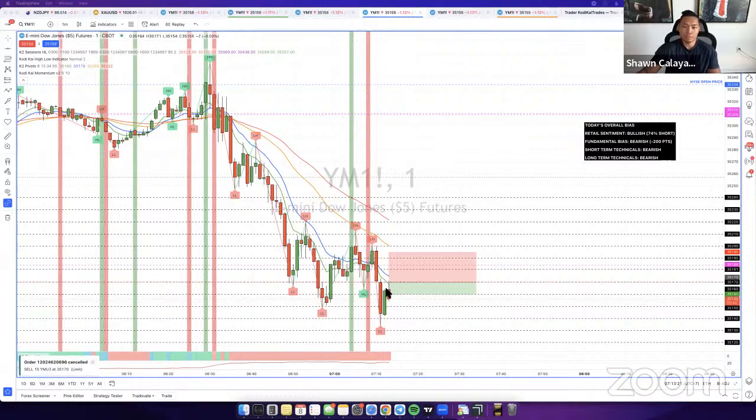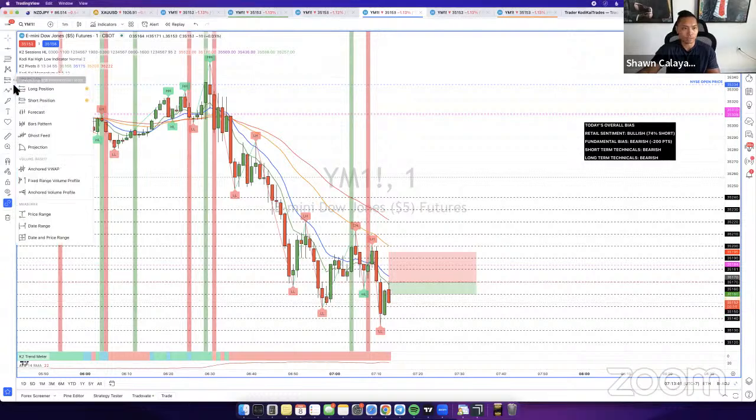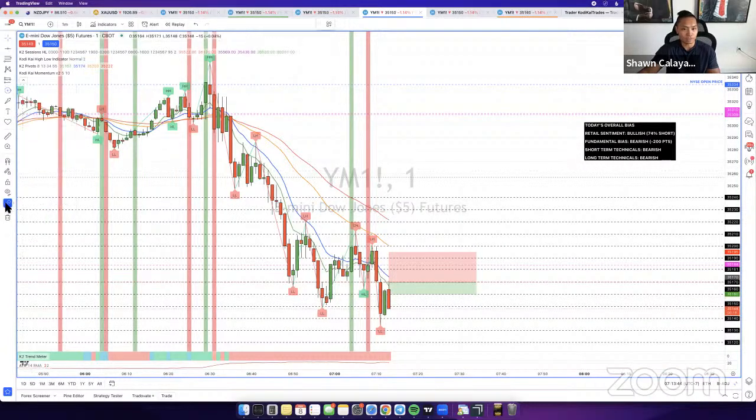So the entry would have happened right here. It just happened too quickly, guys. Unfortunately, it hit and then went straight to TP. I don't know if anybody caught it. Vince caught it, it looks like. It was too quick. I was waiting for it to close either right here and have my entry at this point, or close right here and have my entry at this point. Unfortunately, it ended up pushing up really high, and then I ended up missing the entire move. It literally triggered right here, and as soon as it triggered, it went straight to TP.